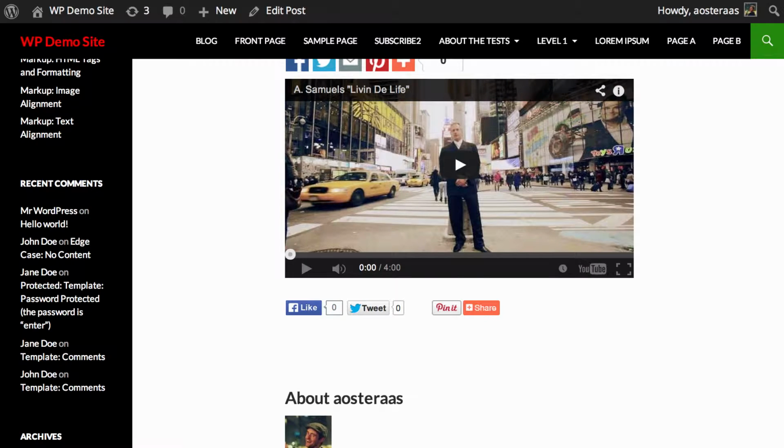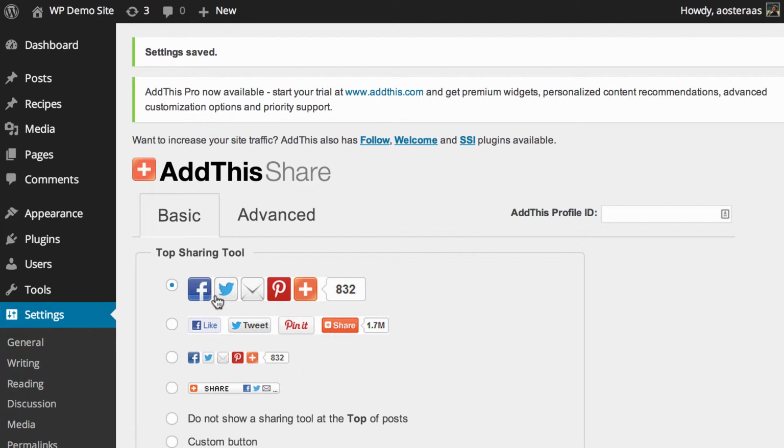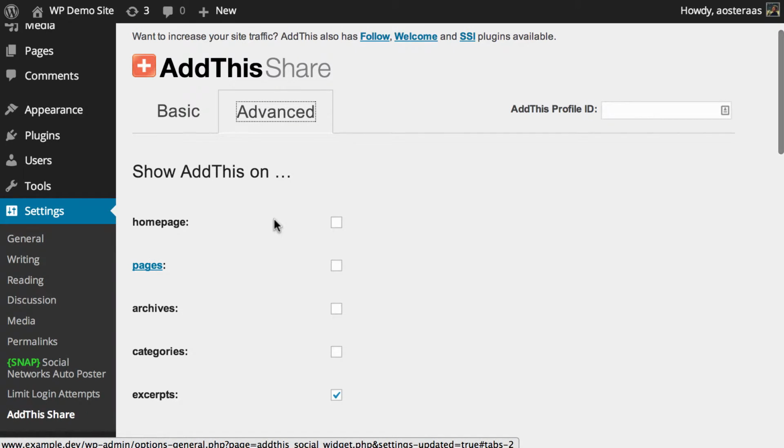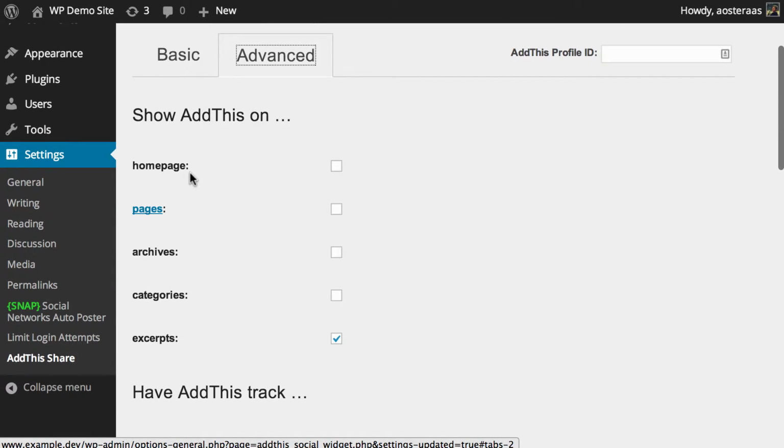So if you're happy with that, you can stop watching now and you can go and change these as well if you would like. Alternatively, if you'd like to learn a little bit more, we're going to head into the advanced settings now. And the first array of settings we have is to say where we would like to show these. You can just choose to show them on the home page if you'd like, which we'll do anyways to